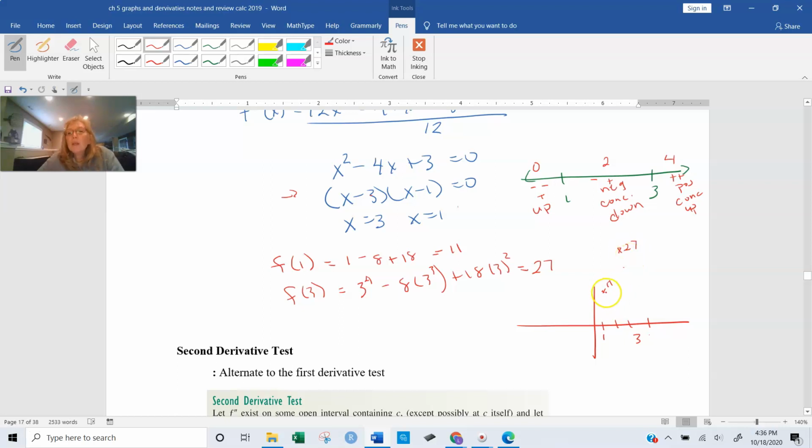Those are concavities. So this is concave up. If you also looked, your 0, 0 was your y-intercept. So this guy is concave up, inflection point, concave down, and